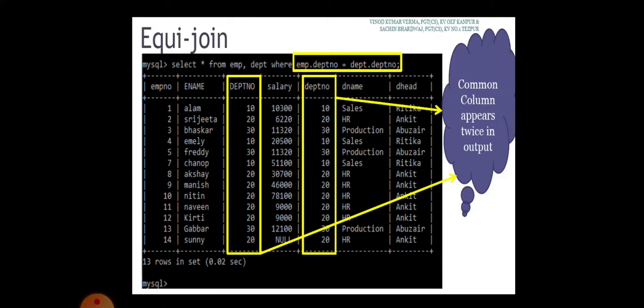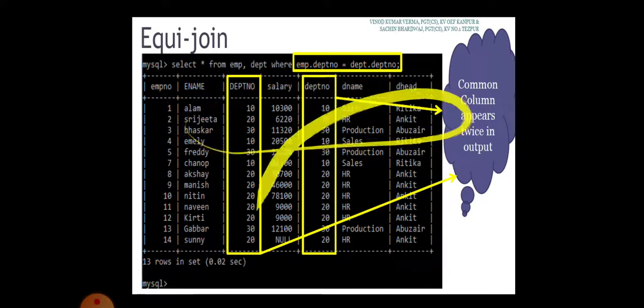So, we need to select the common column for both tables and we need to check the equality. So, what happens? It will show the department common column appears twice in your output. We can also reduce it. Here I had given select star. That's why it's fetching 2 times. So, here we are getting each employee department along with the department details.